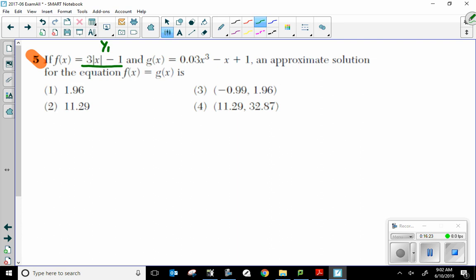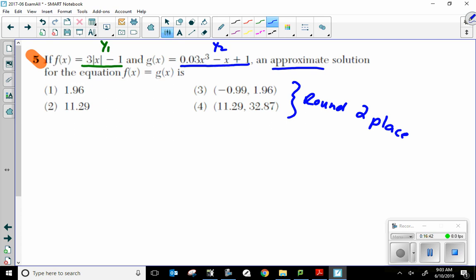Put that in y1, okay? Put this in y2 and check your intersection. It is an approximate, which means I am looking at all of these answers. They are 2 decimal places. I am probably going to have to round 2 places to the hundredths, okay? So let's go ahead and do this. Now, keep in mind,